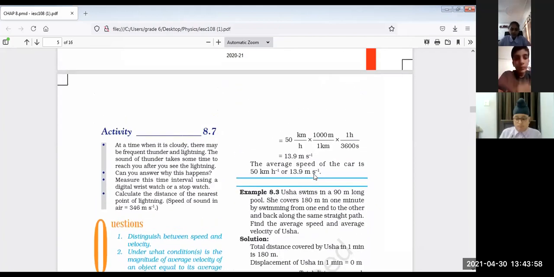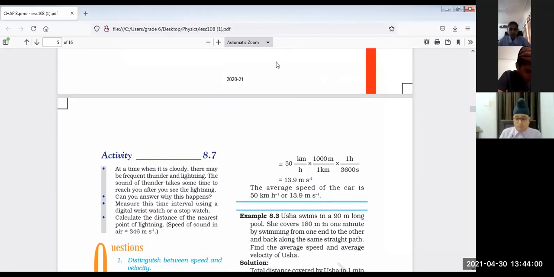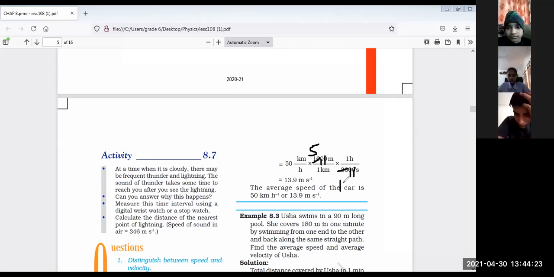By multiplying it with 5/18. I told you, directly multiply, because here what we did: kilometre to metres, 1000 metres; in an hour, how many seconds, 3600. And when you are going to cancel it, 2 zeros will be cancelled directly. Rest you have 2 5s are 10, and 2 18s are 36. So you are left with 18 over 5 over 18.